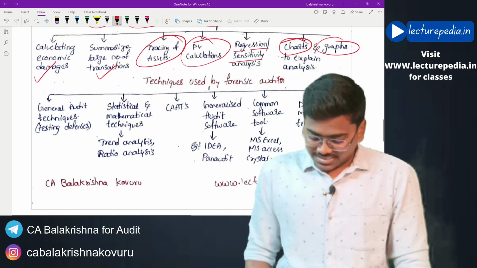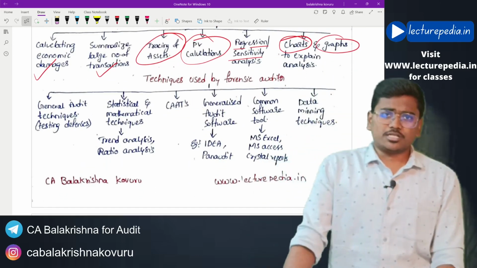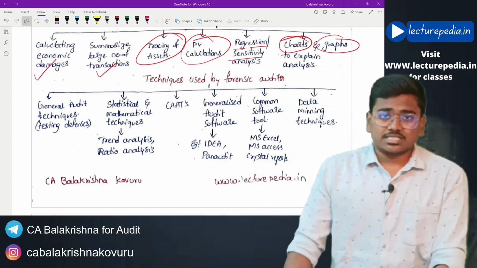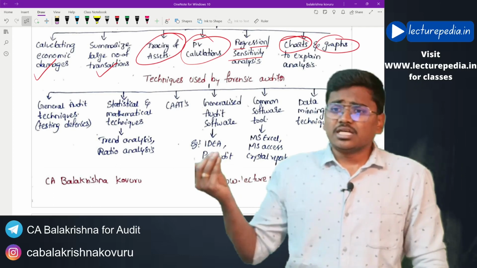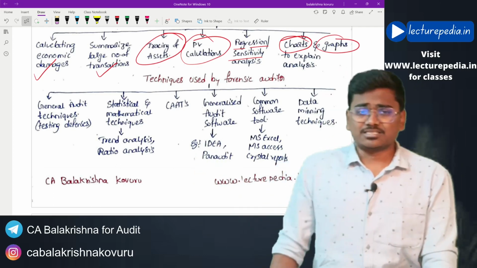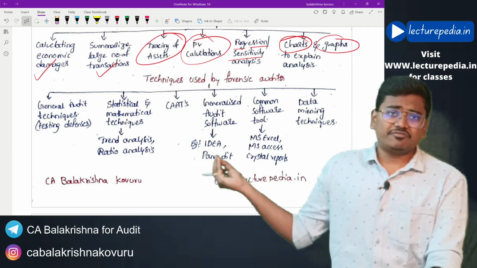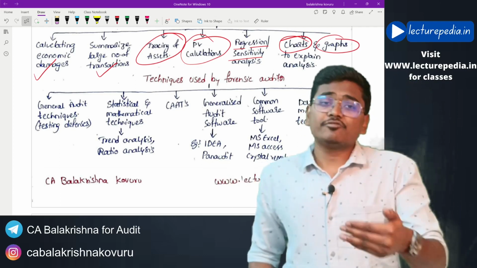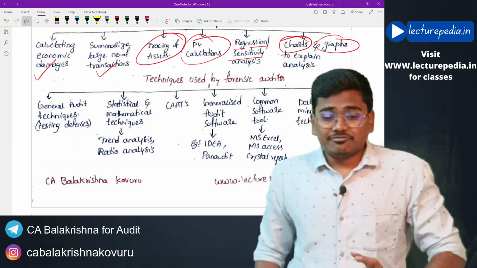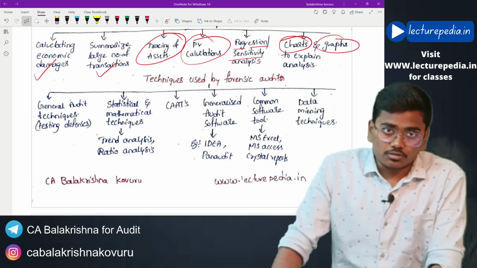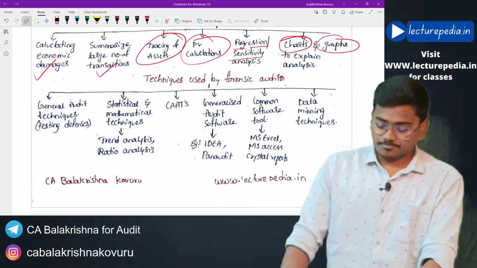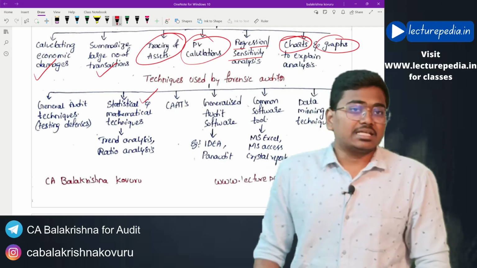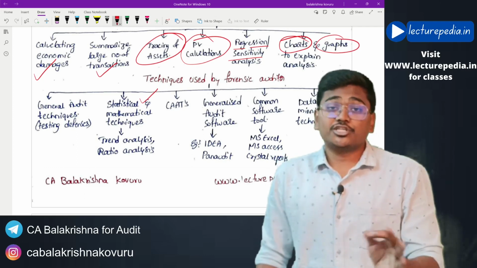And coming to the techniques that are used by the forensic auditor. What are the techniques that the forensic auditor will use during the forensic audit? First of all, he can use general audit techniques like defense testing. That means testing whether the controls are working properly or not. He himself will try to override the controls and see whether he is capable of overriding them. This is defense testing. Then he can also use statistical and mathematical techniques such as trend analysis, ratio analysis, and